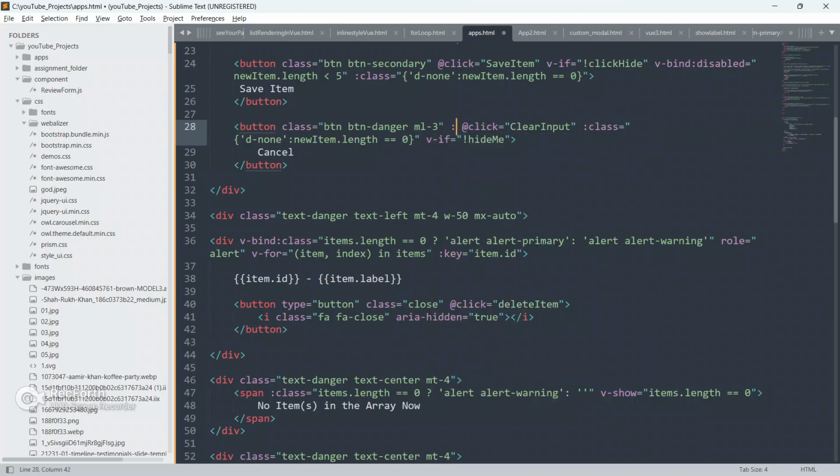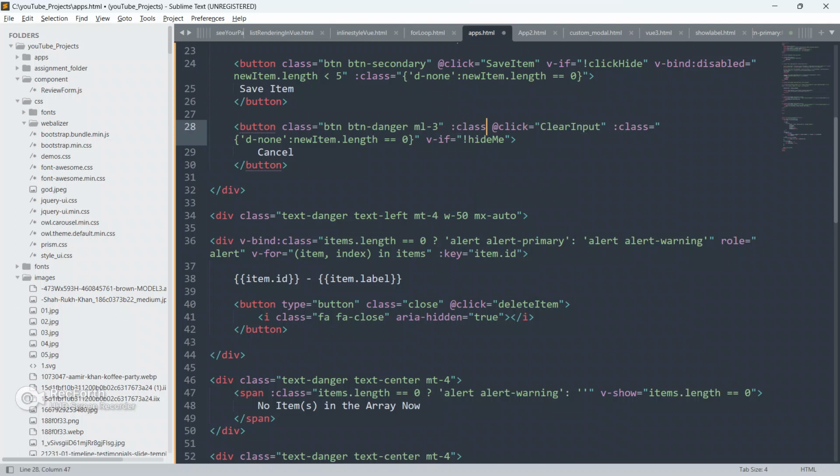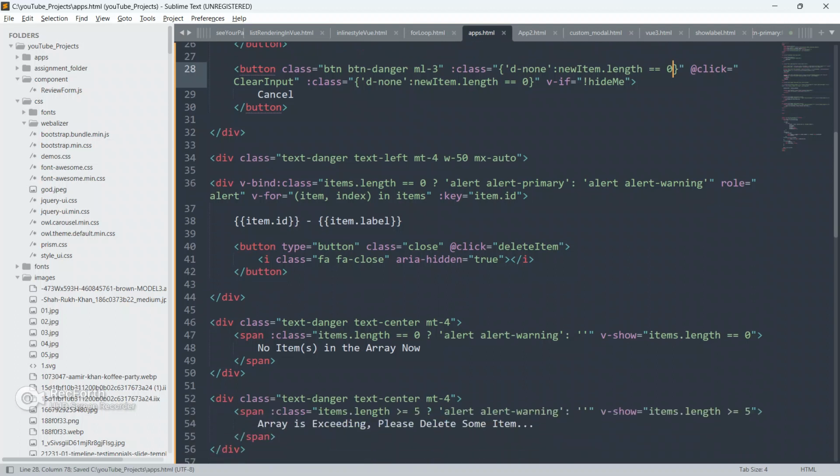So we will do @class, and we will put curly braces and give class d-none when new items dot length is equal to 0. Okay, equal to 0.